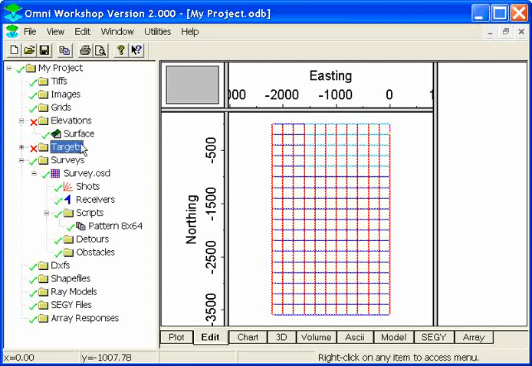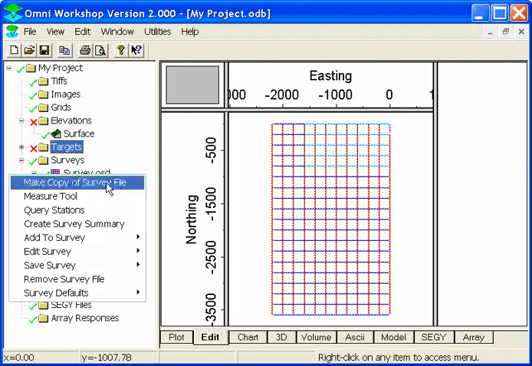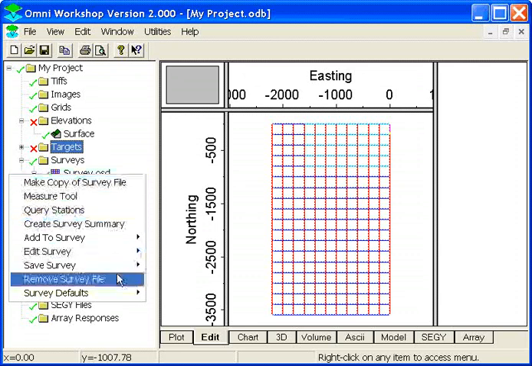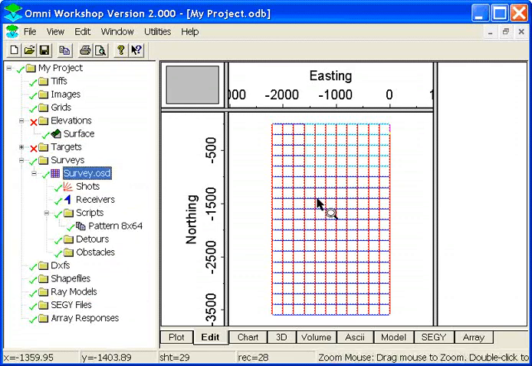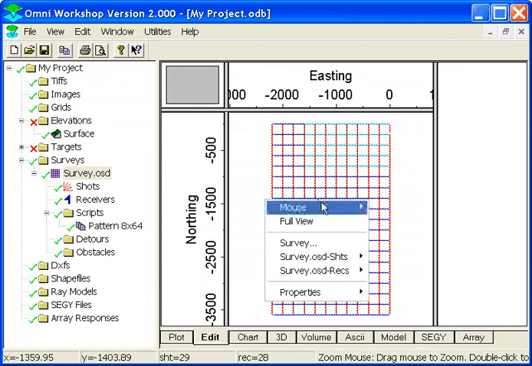On the data objects themselves within the project tree, if you right-click, then you bring up a menu. And that's pretty much common throughout OMNI Workshop. If you want to see a menu, right-click on something. For instance, in the Edit window, if you right-click, it brings up a menu which allows you to change the